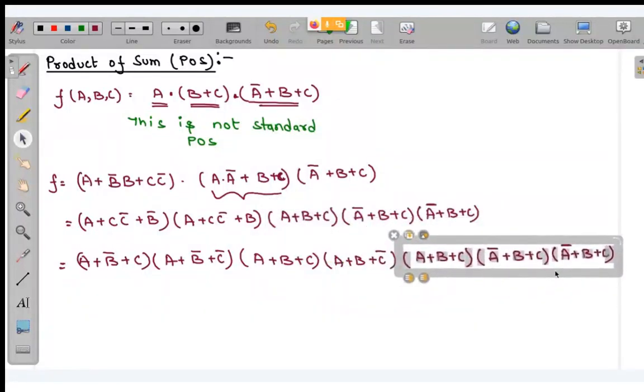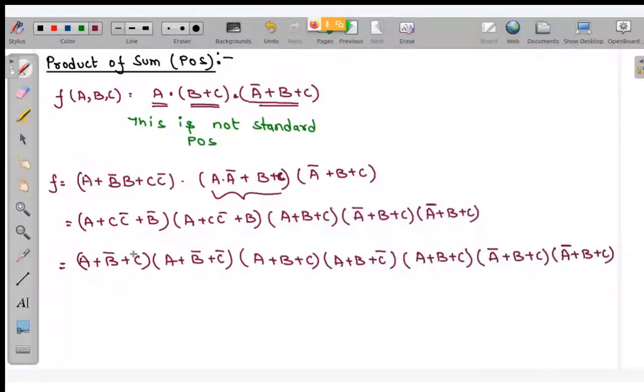Now you can see all the terms have A, B, C present. So this is what? This is standard POS. Any doubts? Tell me. Any doubt? Fine. If you don't have any doubt, then over here in product of sum,